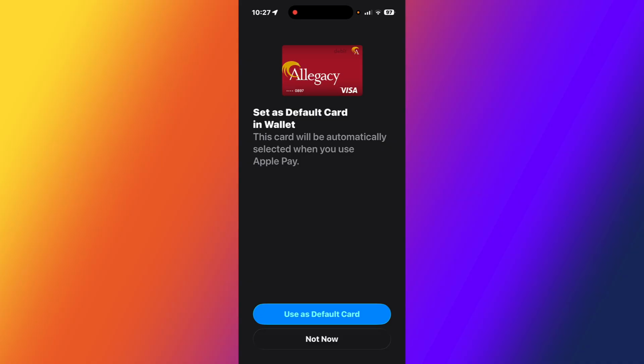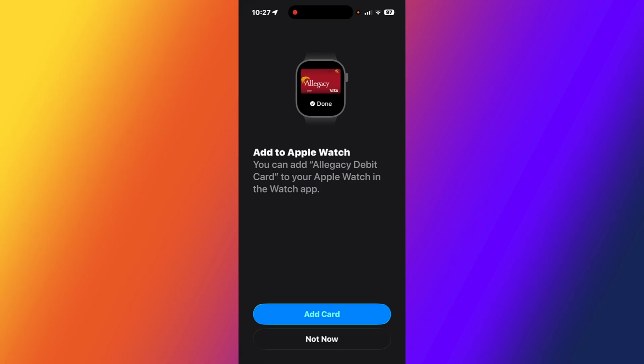And it wants to know if I want to set this up as a default card. Will automatically be selected when using Apple Pay. I'm going to say not now. And it also wants to know, because I have an Apple Watch, do I want to add this to my Apple Watch? I'm going to say yes. And it'll add it to my Apple Watch as well, which is another way of accessing your Apple Wallet is